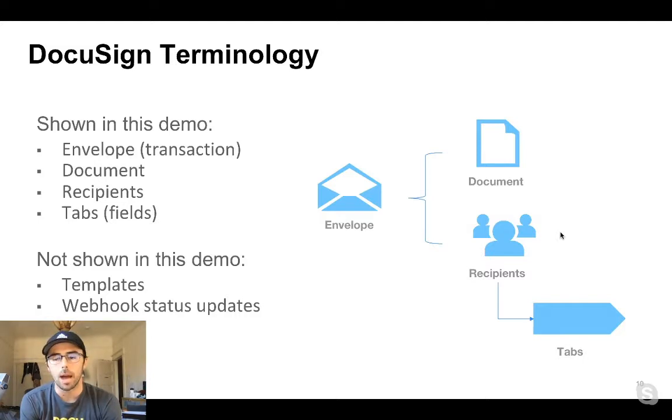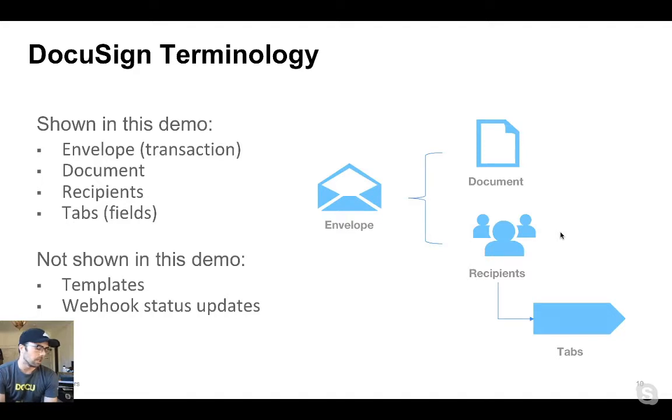Inside an envelope, you have documents. Documents have properties such as an ID, a document name, a number, a file extension, and then lastly, the actual property that contains the information that we accept. So how you pass the document, and that's a base64 encoded format. And I'll actually show you explicitly how you do that.